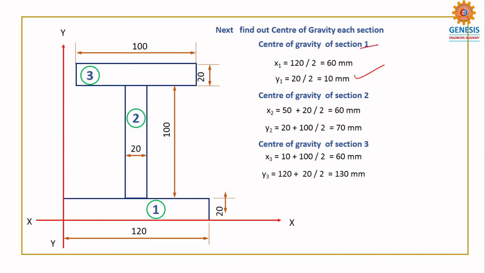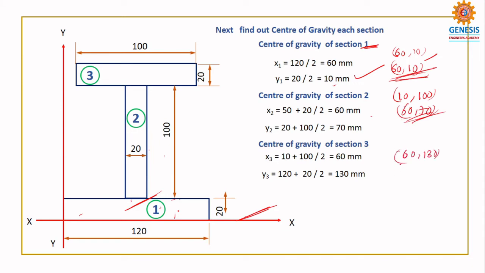So I have found the center of gravity of section 1 with reference to our axis. With reference to the axis it is 60, but its original center of gravity is 60, 10. You understand? Okay, this is fine, because it is in touch with the axis. The original dimensions are 10 and 100, but from the axis it is 60, 70. See, this is from the same reference line. Like that, this is also 130. So don't make any mistake.